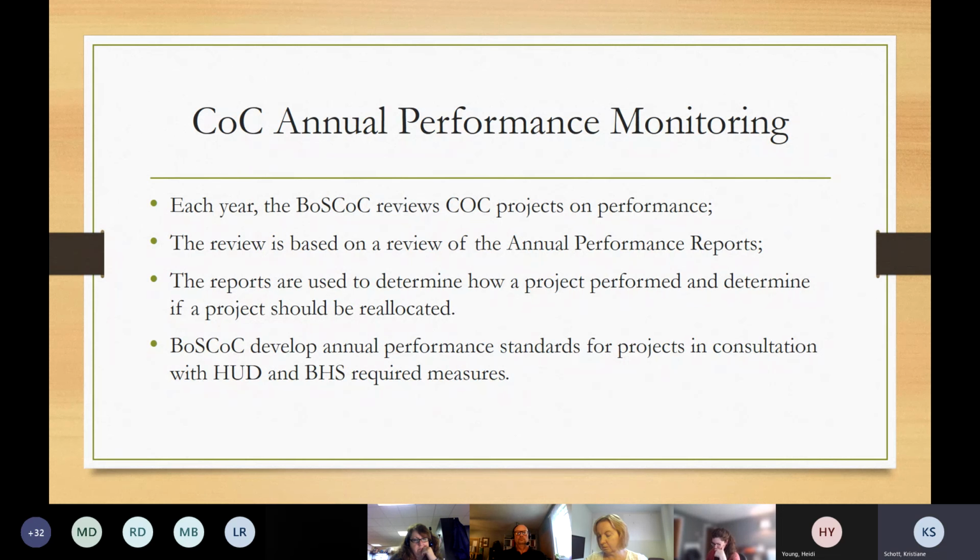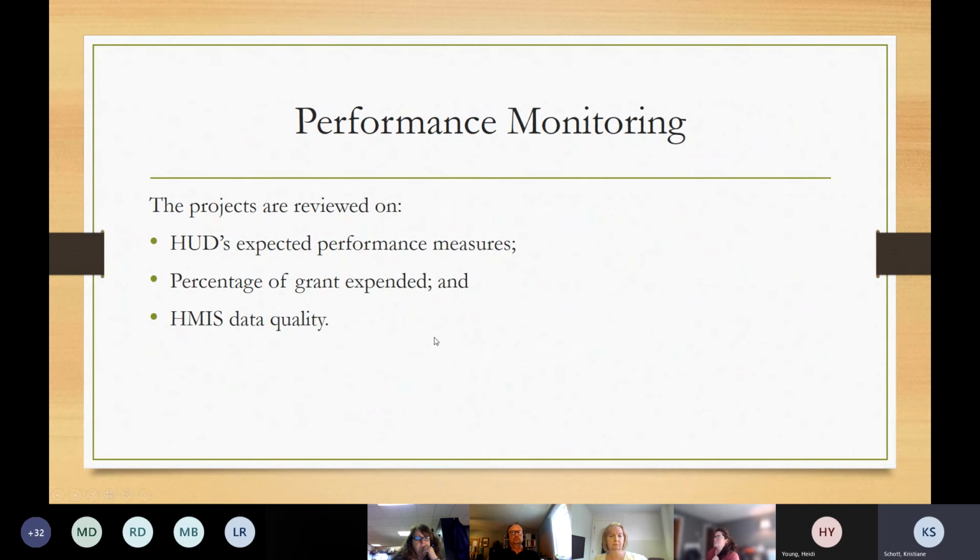Each year we develop annual performance standards in consultation with HUD, the Bureau of Housing Supports, required measures, and approval by the balance of state continuum of care membership. In the past couple of years, the projects have been reviewed on HUD's expected performance measures. So we review them based on the system performance measures that I just talked about that are specific to continuum of care projects. So in April of 2021, projects were reviewed on